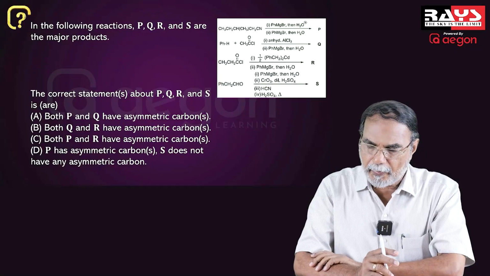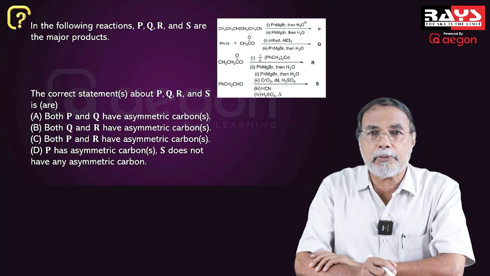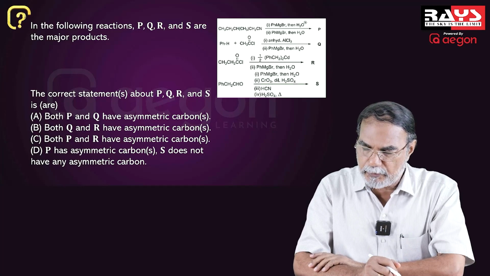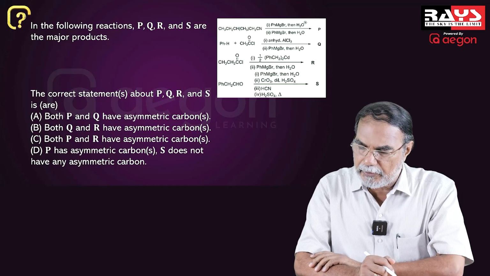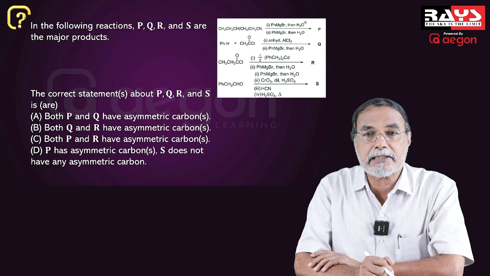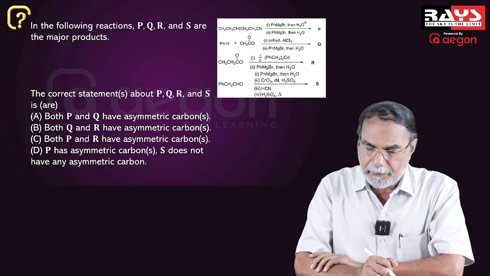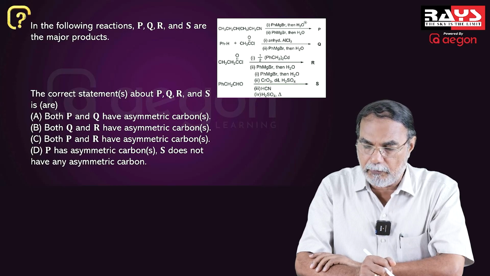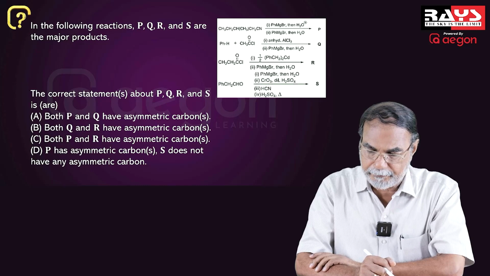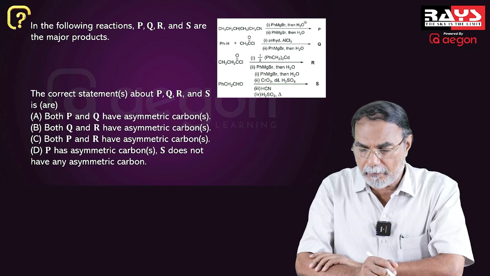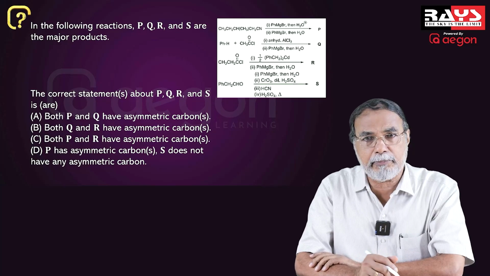So here is a question from JEE Advanced 2023 question paper. It's from organic chemistry, particularly relating to the chapter aldehydes, ketones and carboxylic acids. In the following reactions, P, Q, R and S are the major products. And some statements are given about these four products and the four reactions. And if you look at the statements,